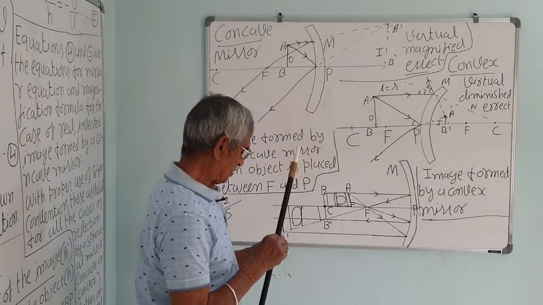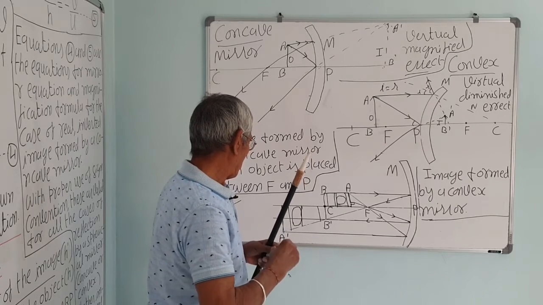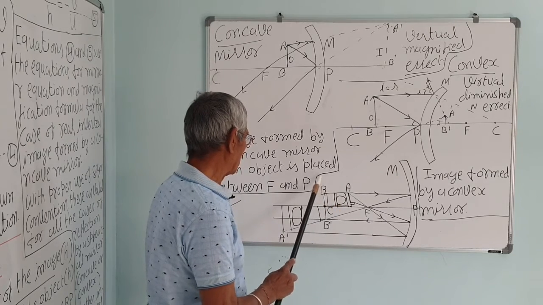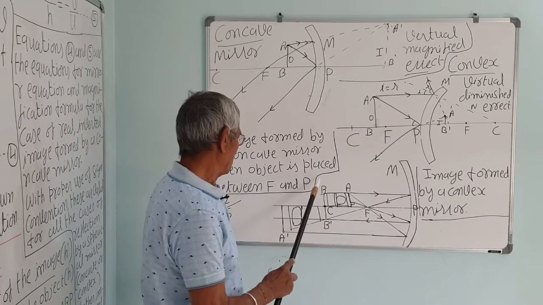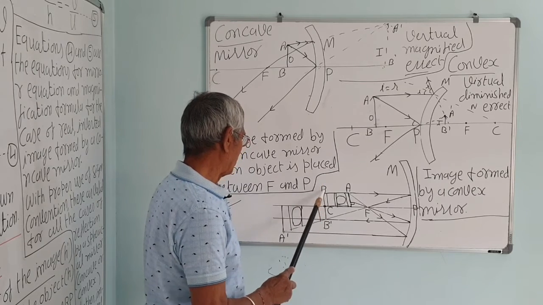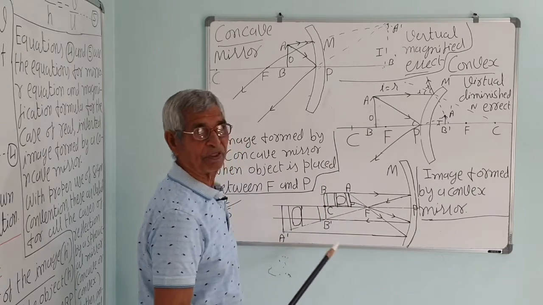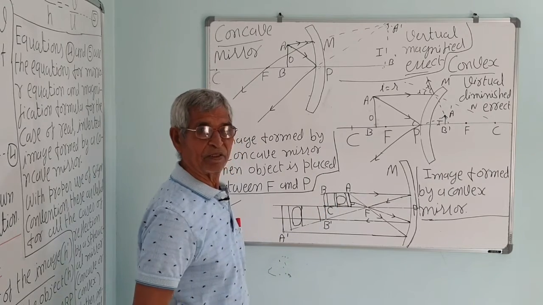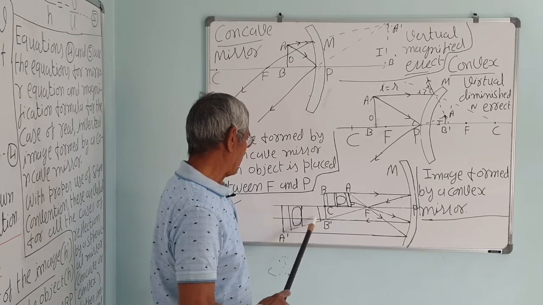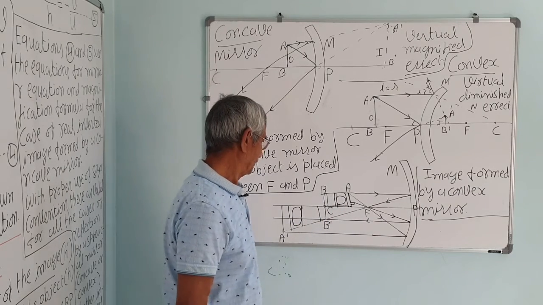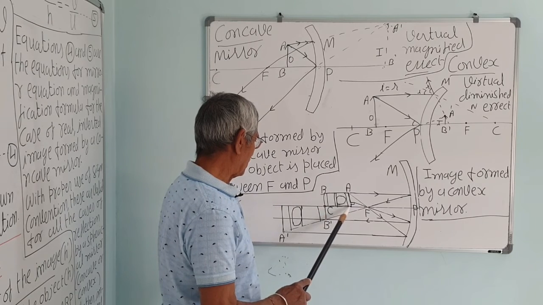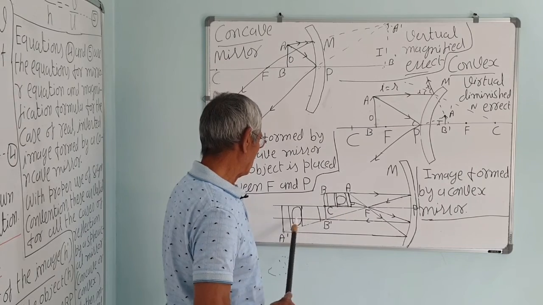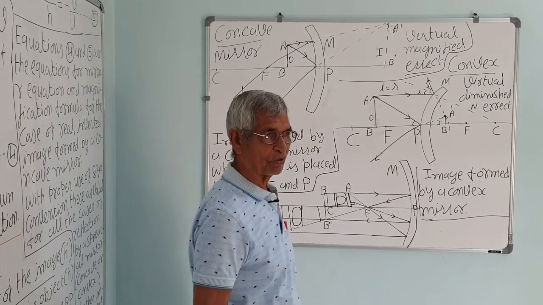So magnification is proportional to the position of this part. If it is a linear object, then the image will also be linear. But it has dimensions, you can see. So the magnification will be proportional to the position. So if it is away from the C towards the F, it will go bigger and bigger. That you have also studied in 10th.